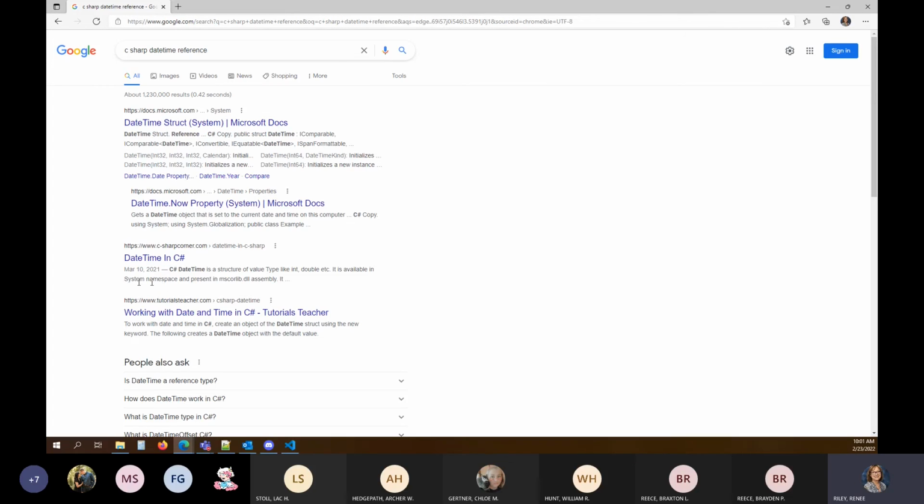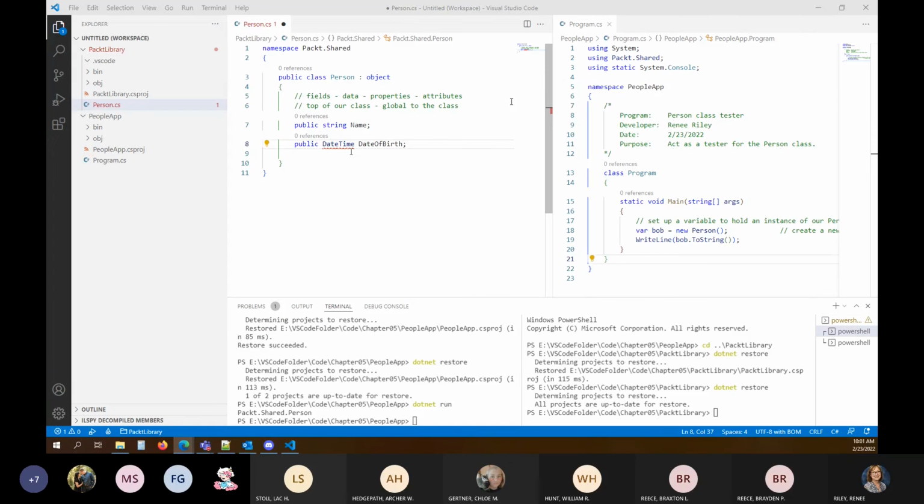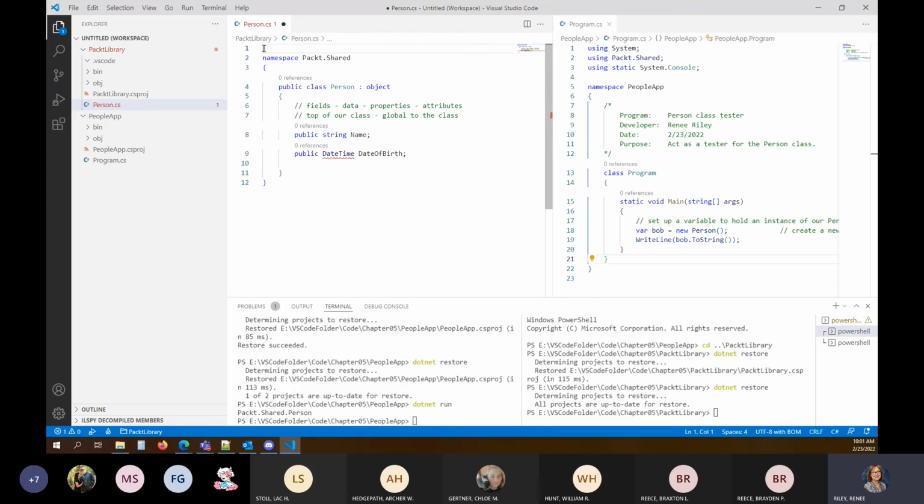It says that it's in the system namespace. So do I need that up here at the top? Using System.